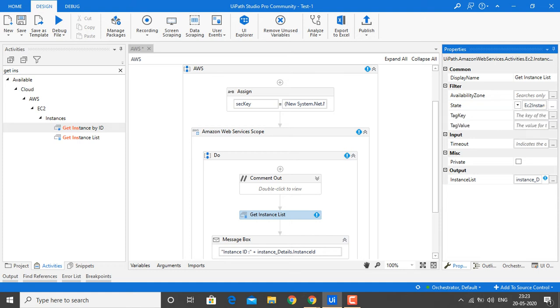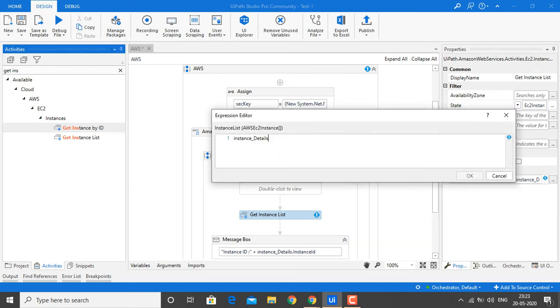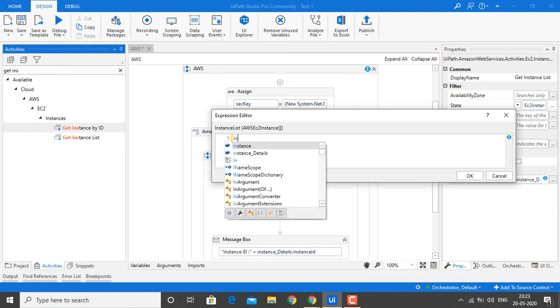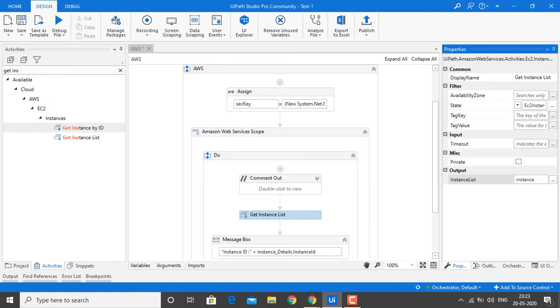Let me show you guys why it was coming as. And state, we have to provide all. Sorry guys, this is an instance only. This is an array of the instances state. So I am providing it as an instance. Why it appeared, I will show you.